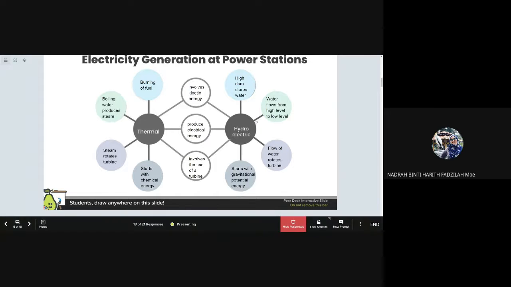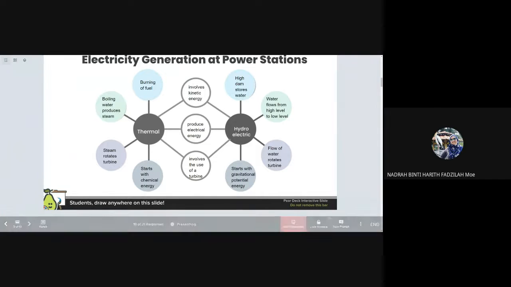Ada yang sebut pasal high dam stores water. Boleh? Maksud dia samalah tu. Okay. This is okay. Sekejap ya. Maksud dia samalah tu ya. Okay, seterusnya in terms of